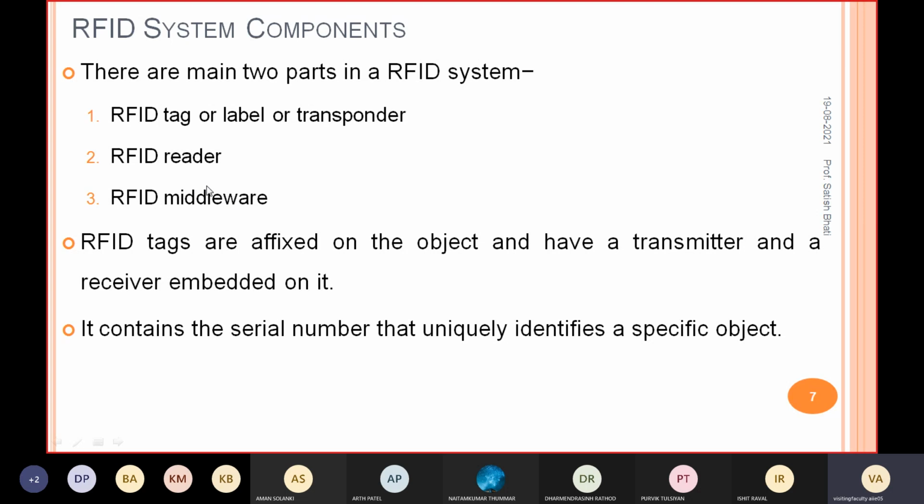The third part is RFID middleware, a kind of software or hardware device which takes whatever data is collected by the reader and sends it to some device or software for analysis, or to monitor some data. So these are the main components.